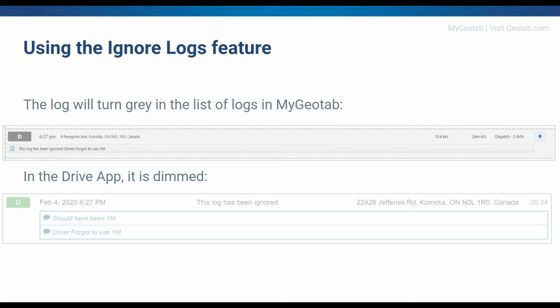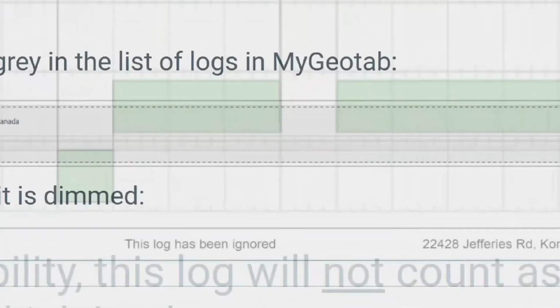So you can see there, the driver put in an annotation, and then so did the admin in here. So the driver forgot to use YM, that's the admin's annotation, and then the driver also would put an annotation in here as well because he was a good driver, wanted to make sure that everyone knew what was going on. So we see those two annotations there, which is completely normal when more than one annotation applies. But what you don't see is that this log has been ignored prefix. We put that in only for the portal side on the admin side. We don't put that on anything that you might see as an officer.